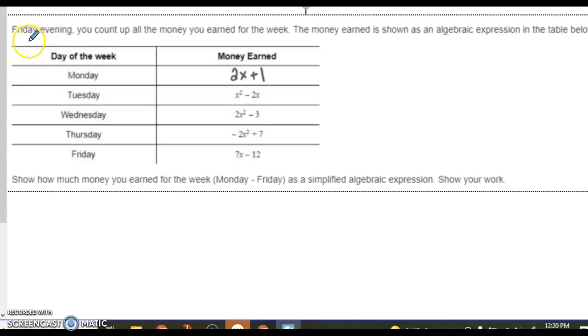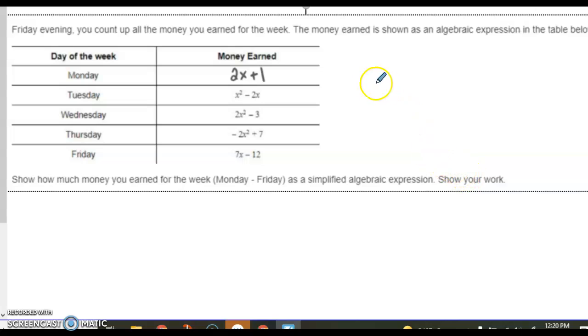This first question says, Friday evening, you count up all the money you earned for the week. The money earned is shown as an algebraic expression in the table below. So we have the days of the week, Monday through Friday, and then we have how much money you earned. And these are all algebraic expressions. Then it says, show how much money you earned for the week, Monday through Friday, as a simplified algebraic expression